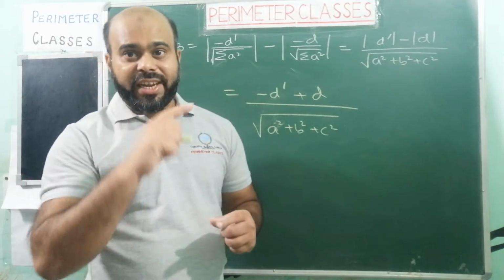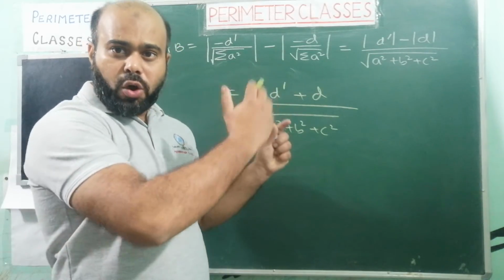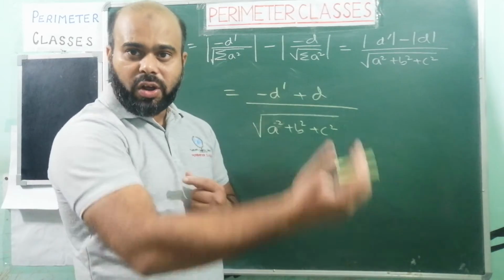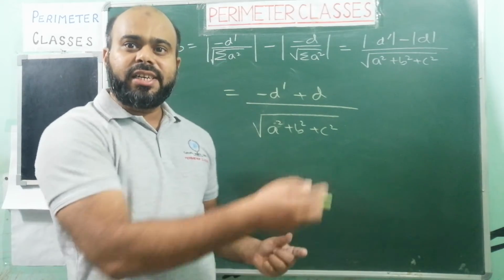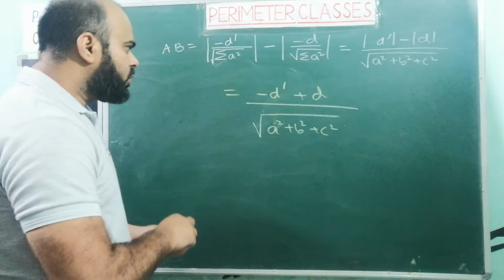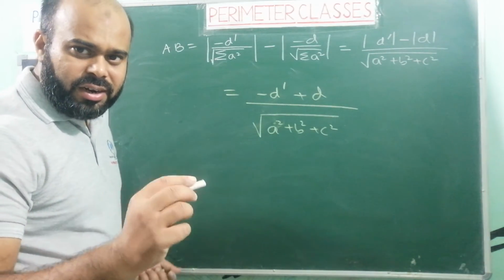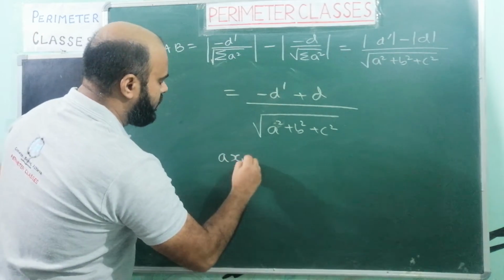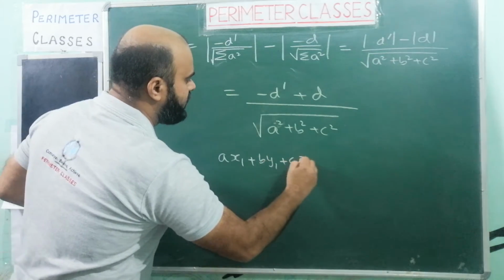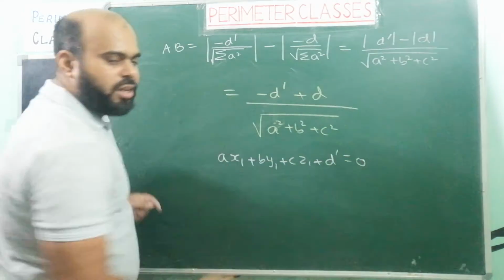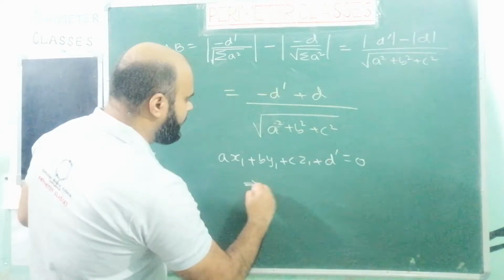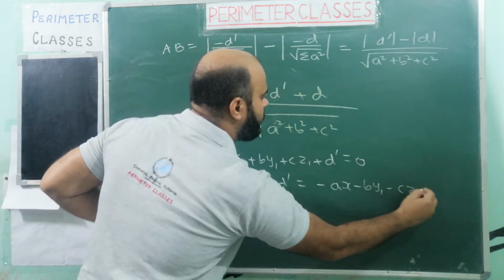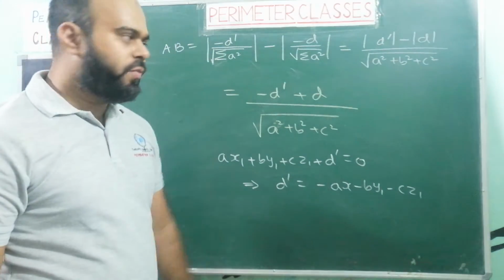How do we decide the sign of d and d dash with respect to each other? We started with d negative, and by the position of the origin and the point and seeing the sign on the same side and on the other side, we are able to decide that d dash is also negative. Now we know that x1, y1, z1 lies on the other plane, the green plane. So ax1 plus by1 plus cz1 plus d dash is equal to 0. So d dash is equal to minus ax1 minus by1 minus cz1. This is the value of d dash.